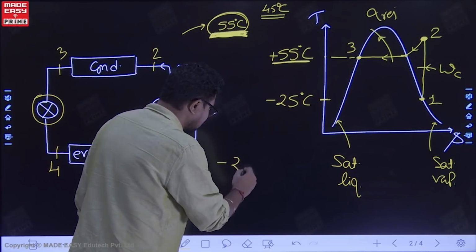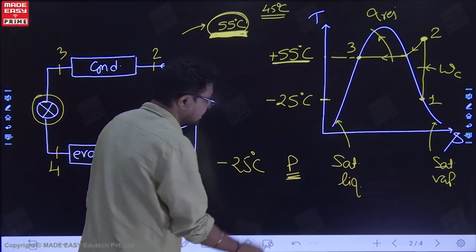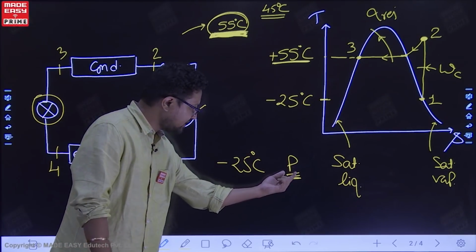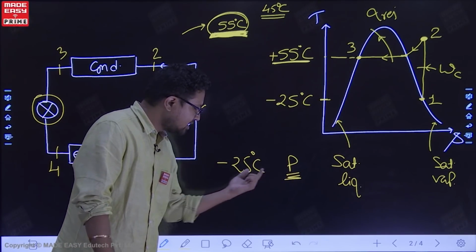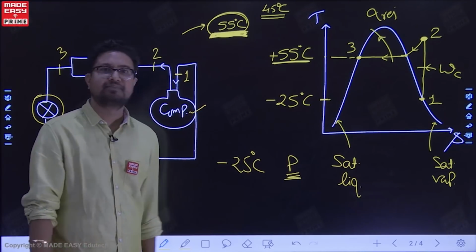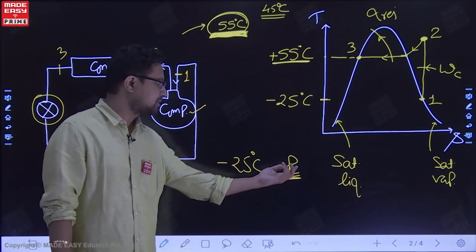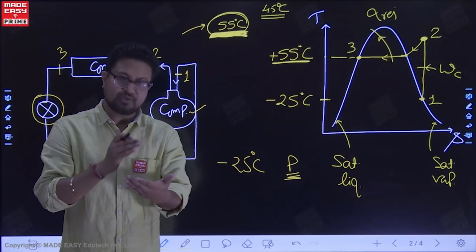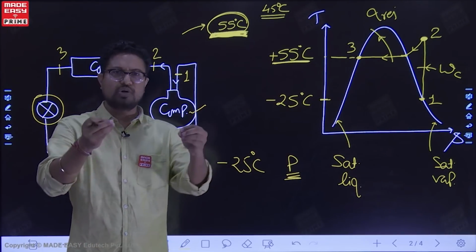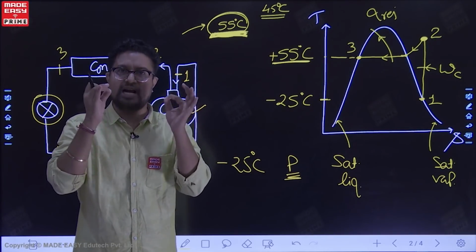So suppose corresponding to minus 25 degrees Celsius, there is some pressure at which, if the refrigerant is at this pressure, liquid cannot exist above minus 25. Suppose there is a certain pressure. You see from the table value, you drop the pressure to that value. You don't have to do anything else. You simply drop the pressure in the throttling to that value.